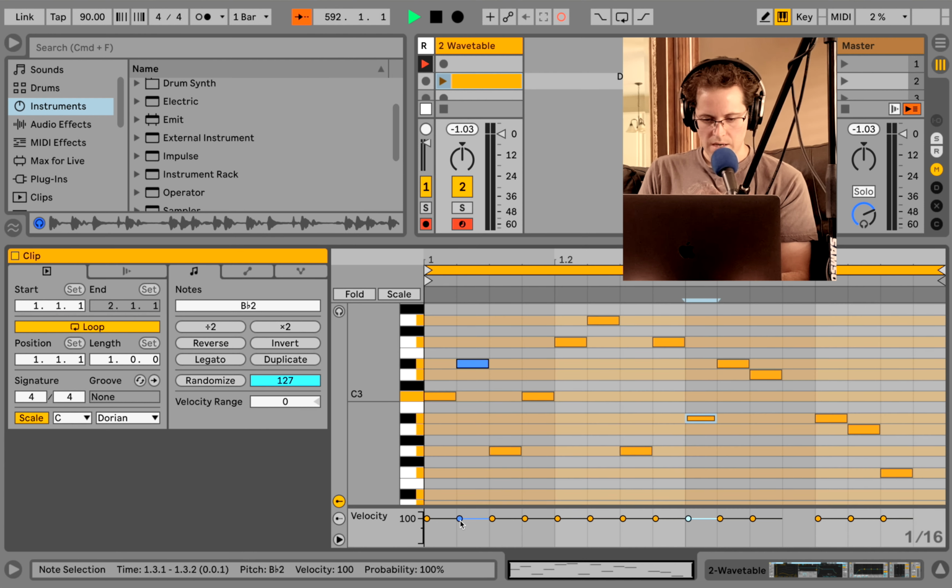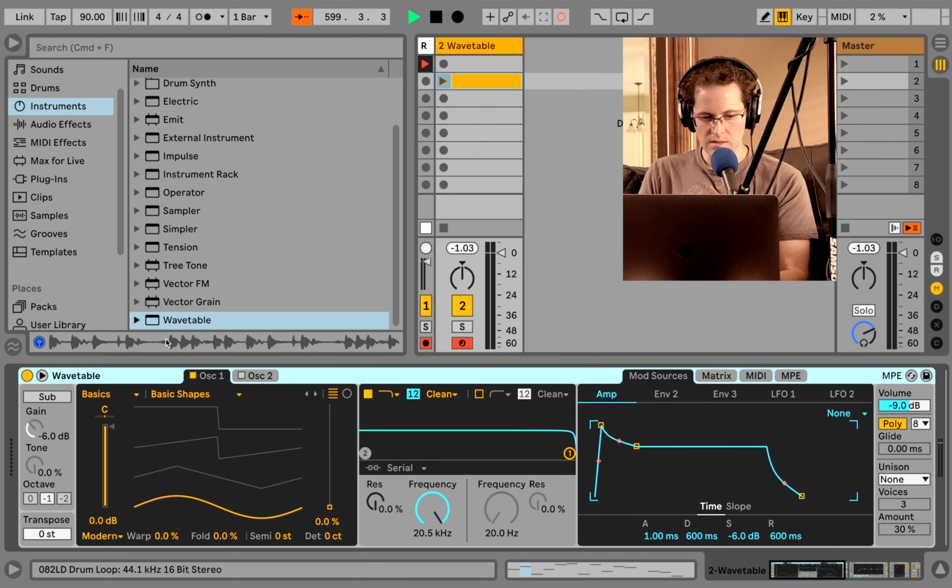Now, you might say, well, I thought we were doing the modulation with these velocities down here. And yes, you can, and you'll get that same sound. But the reason you would rather do clip modulation is when you want to automate more interesting parameters. So let's push Shift-Tab and get back into the device view. And I'm going to get a different wavetable here. And wavetable is the perfect device for this.